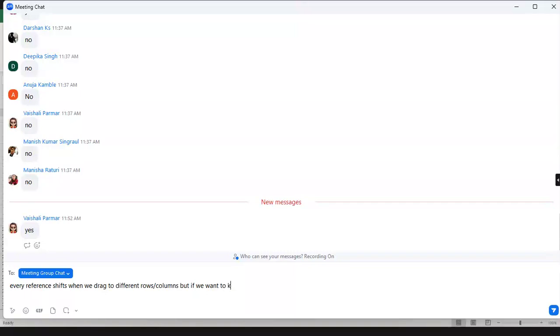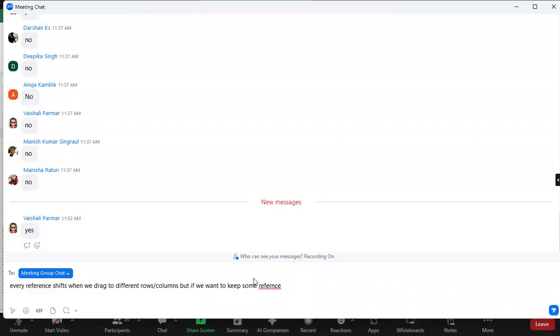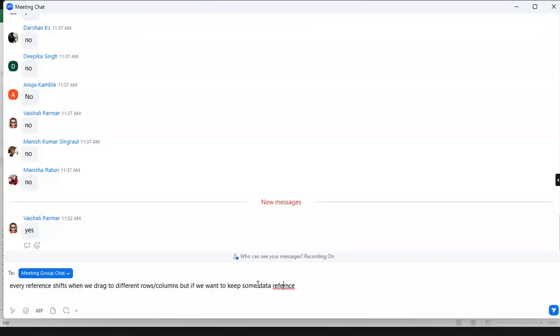So now when I am dragging this formula to the end, my range will remain as it is. Right? And if you see here, I've dragged this formula to the end. The only value I am getting is 1. It means there are no duplicates.